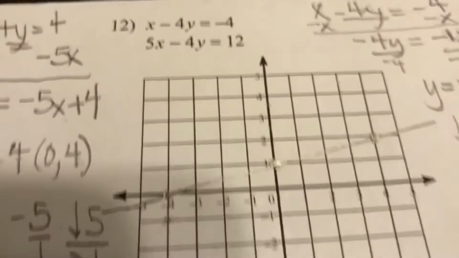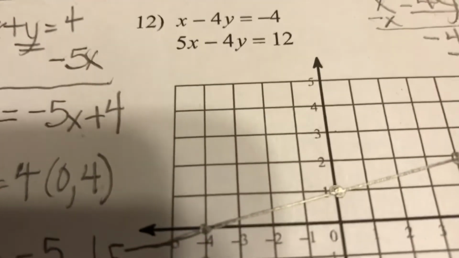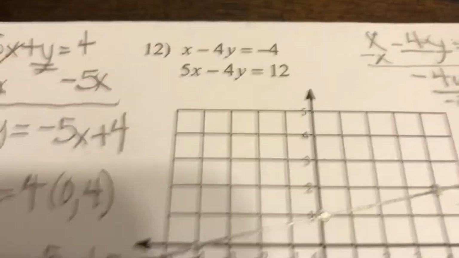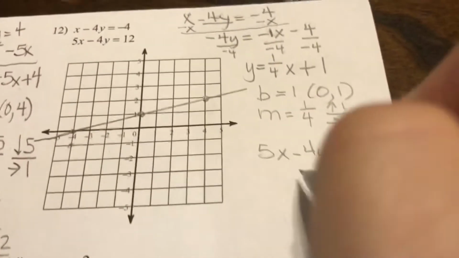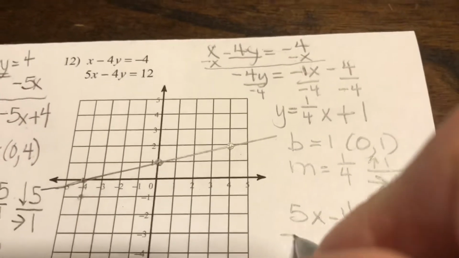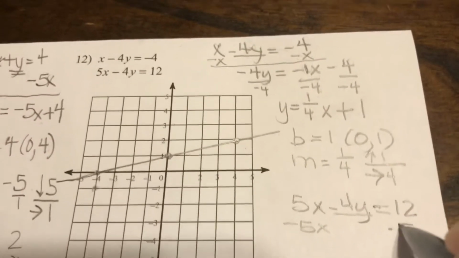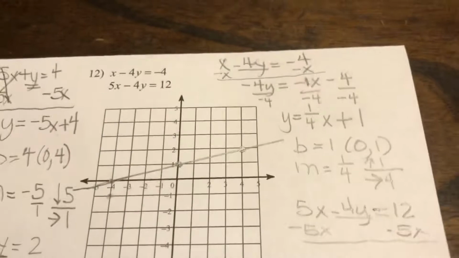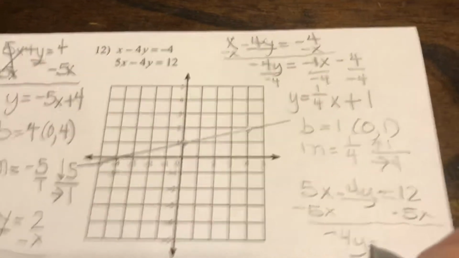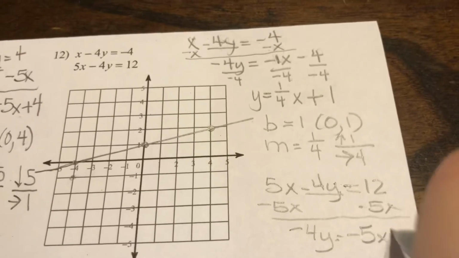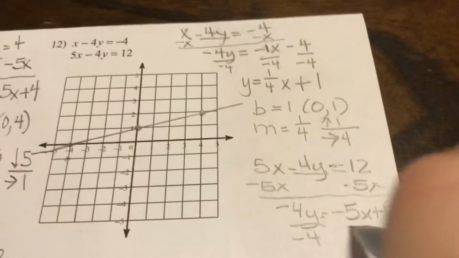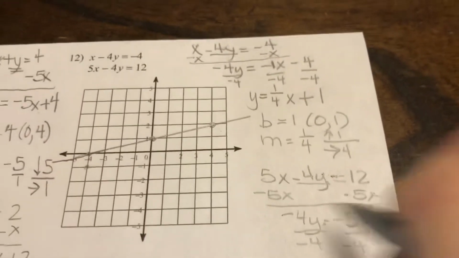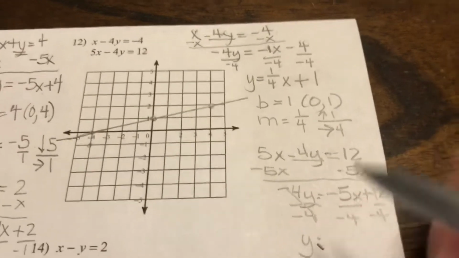And then we're going to do the next one. And I have 5x minus 4y is equal to 12. Whoops. It's not as easy to write and hold a phone and all that stuff. Okay, so I know I need to get this y by itself, so I'm going to move 5x. So to move a 5x, you subtract 5x from both sides. And you get -4y is equal to -5x plus 12. And then I need to divide by that -4 every single piece. That's going to cancel, and I'm going to be left with y is equal to,